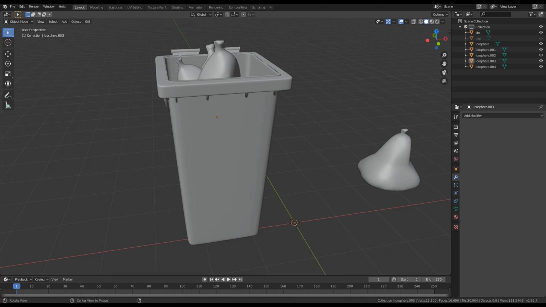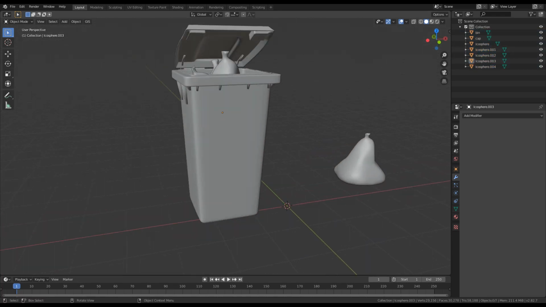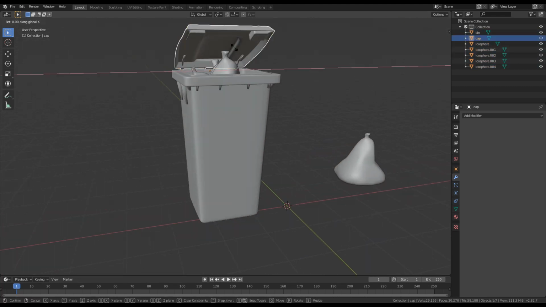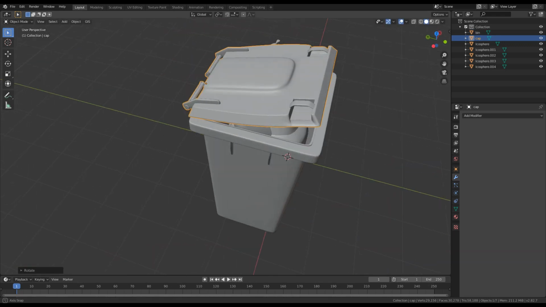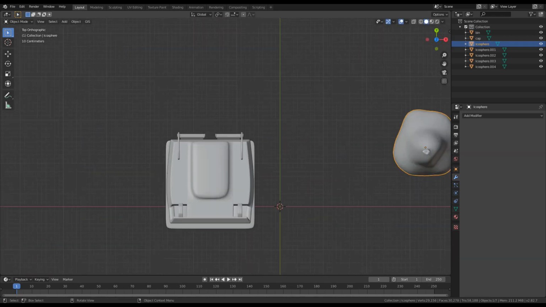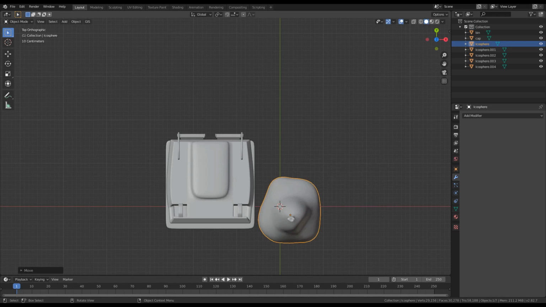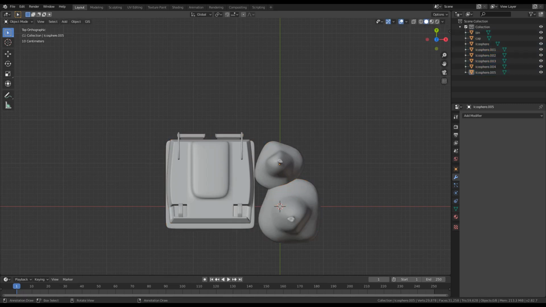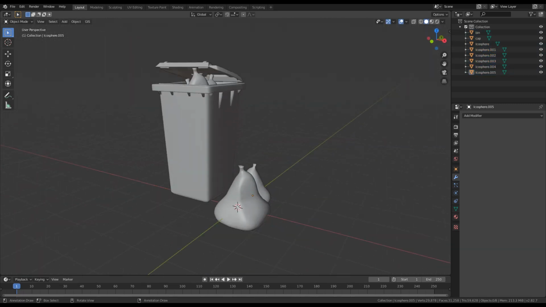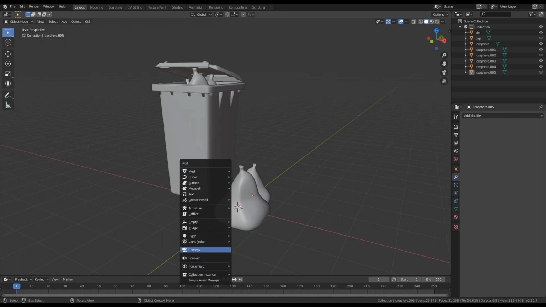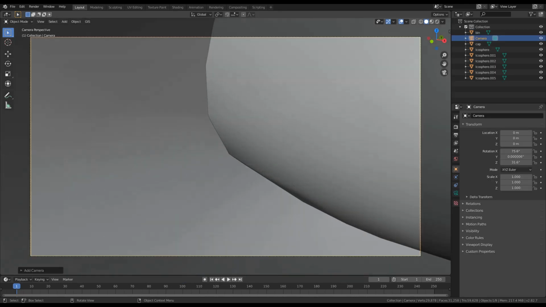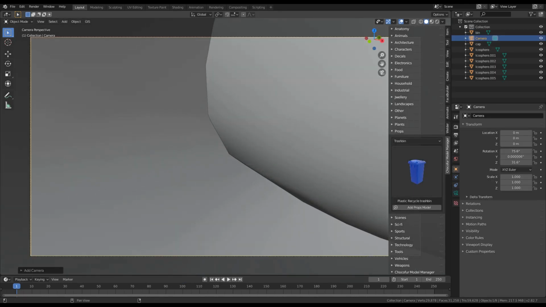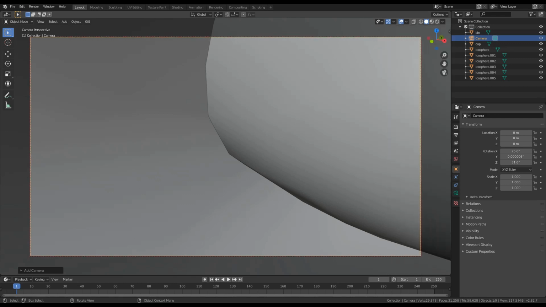And if we unhide our cap, we can just fit it there and also move this one here, create some more, rotate, scale, move it here. And if we create a camera and press 0 to lock the view to the camera,